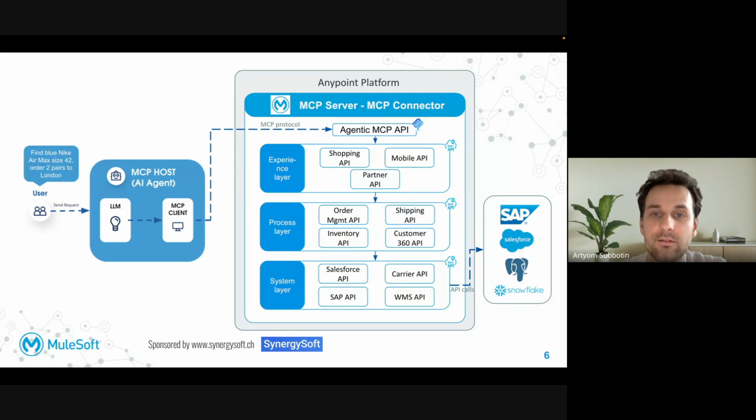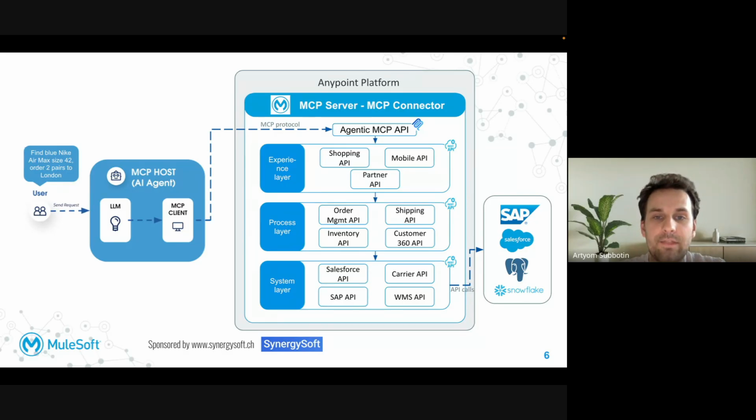In our case, it's a dedicated MuleSoft API placed on top of the API-led approach. And this API should be built with intent using the MCP connector, where every tool name, every description, every input schema, and every error response is designed for a reasoning model, not for a developer like it was before.